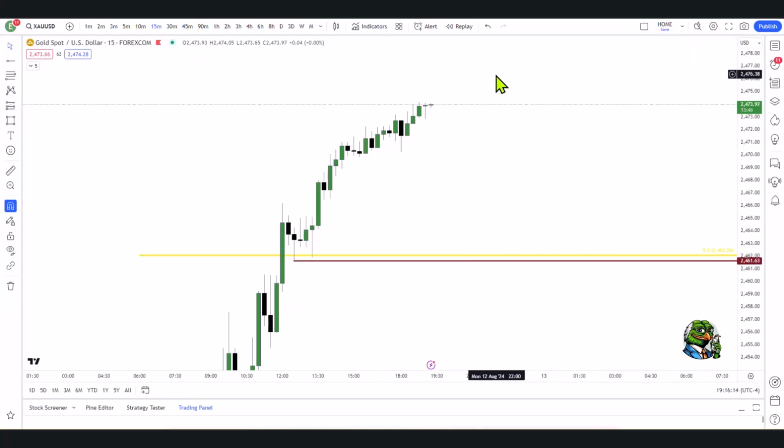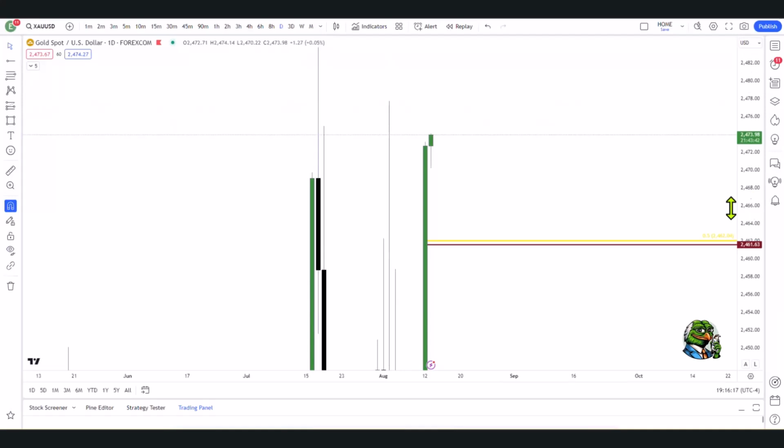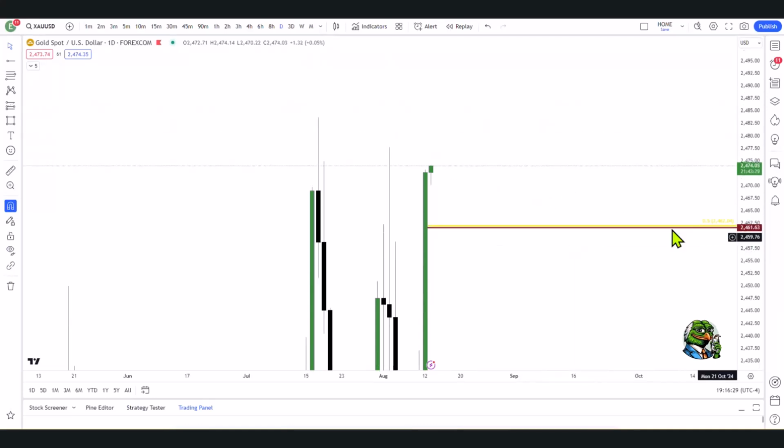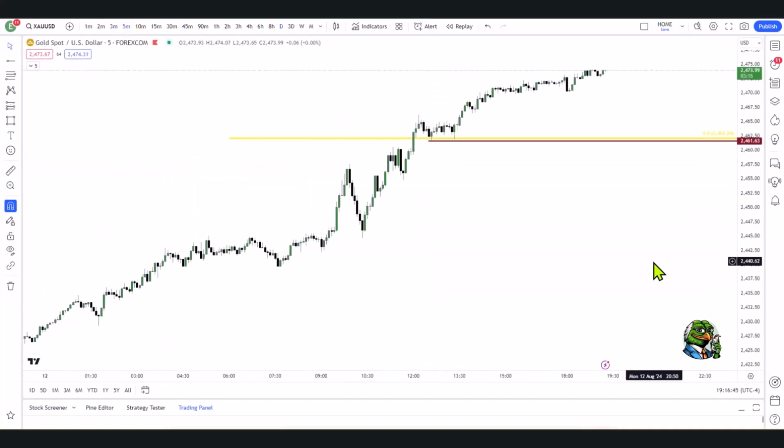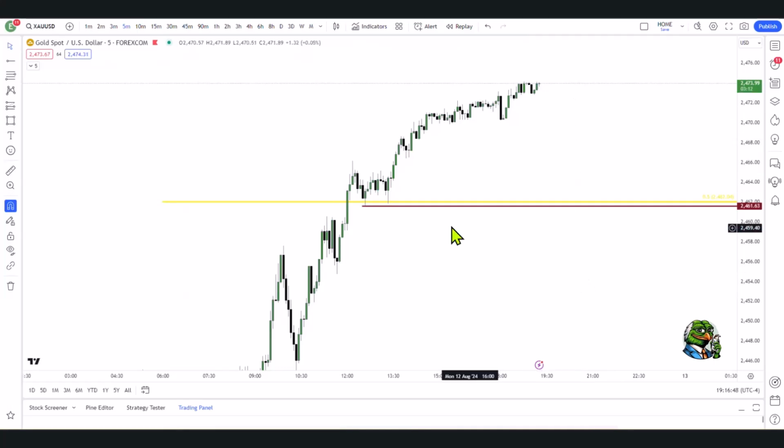But I still need to have these targets intact. If you dump down now to that level, and we're down there at a key time, then I'd be interested in taking longs with the expectation that we are targeting these equal highs. But if the market continues to move up without any pullback and takes out these equal highs, then I'm not interested. So that's what I'm looking for right now. I don't have any positions open at this point in time. This is the only level I'm looking at.